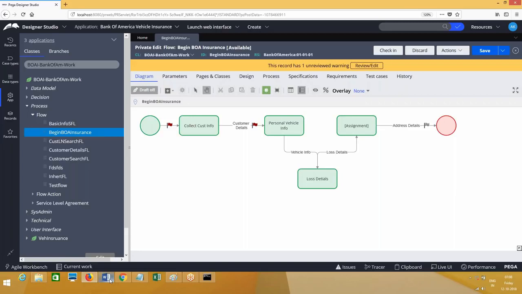Make changes to the existing case processing for brand new vehicles.